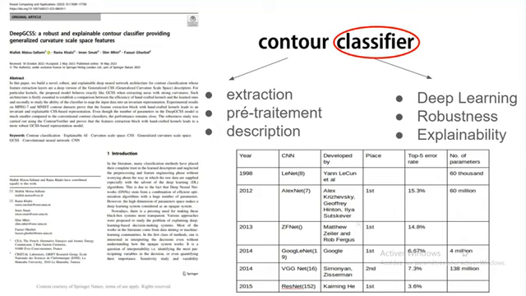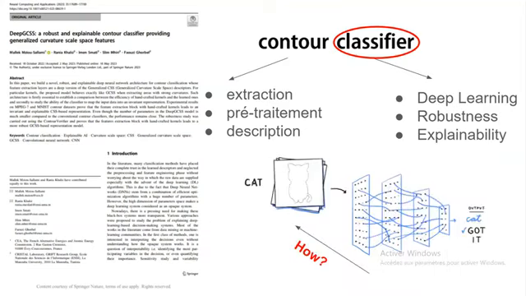But also, at some point, we keep increasing the number of parameters, and that may become a problem. So if we can catch now the few problems from the title, we have a problem related to contour description. We have a problem related to robustness and explainability of deep learning models in general. We have another problem: deep learning models are mainly designed for image classification, so how do we adapt that for contour data? And deep learning techniques also have a problem when it comes to the huge number of parameters. So what we will do now, we are going to try to answer this set of questions